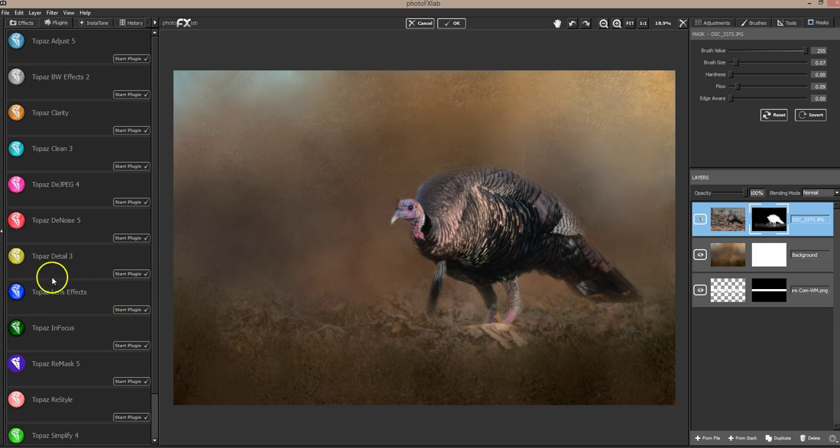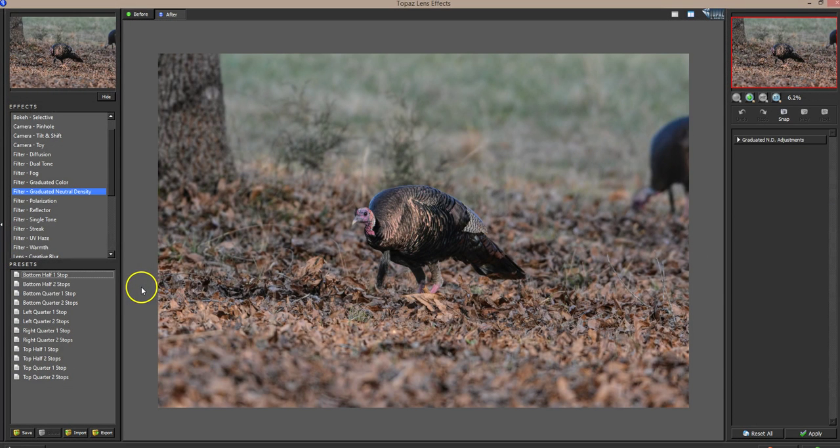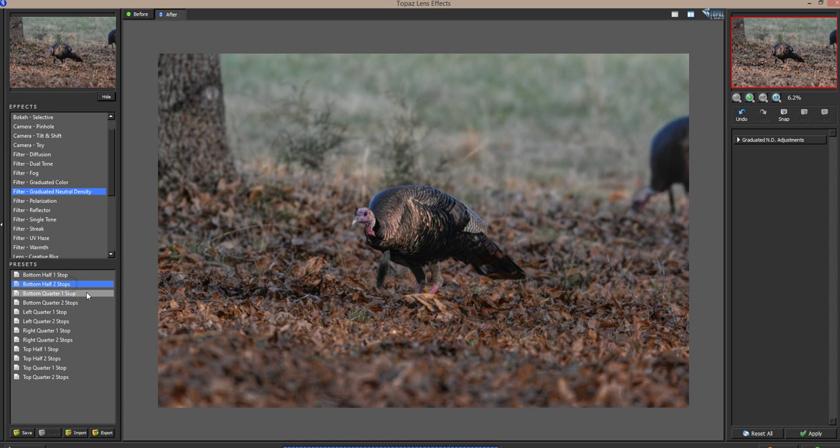Lens Effects. Another wonderful module. I only use a couple of things in it. There's a lot of things in it, but I only use a couple. The one I like to use is Filter Graduated Neutral Density. And you can choose different choices here to adjust your image in different locations. Right now I'm on the bottom. I'm trying to get this darker right here. So I'm trying to pick one